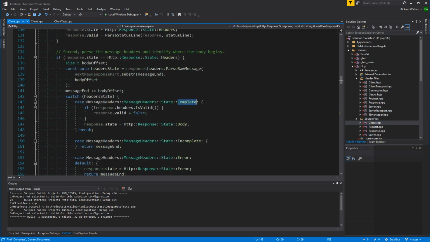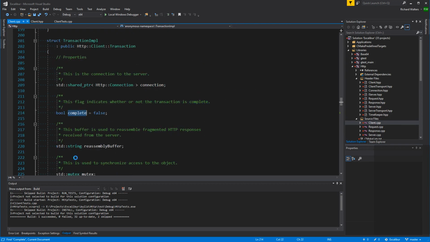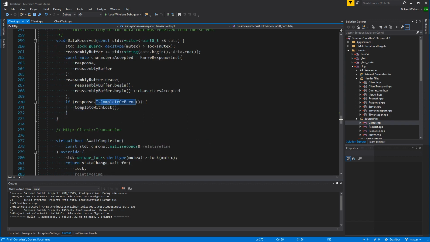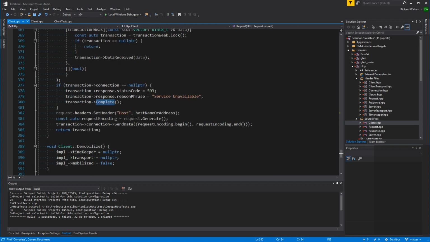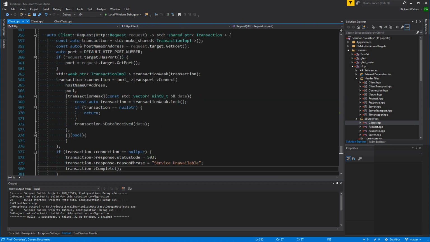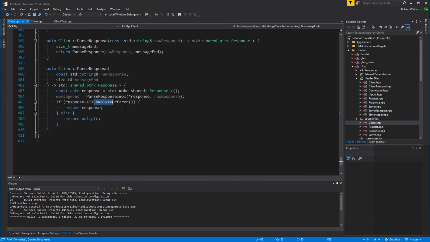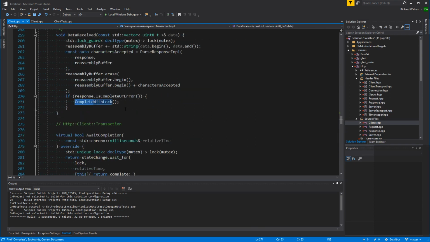So where are these complete functions called from? Right, so here, where the response was complete or we got an error. And then here is another one where it was unable to connect to the server. Okay. I guess we're always going to do it, right? So